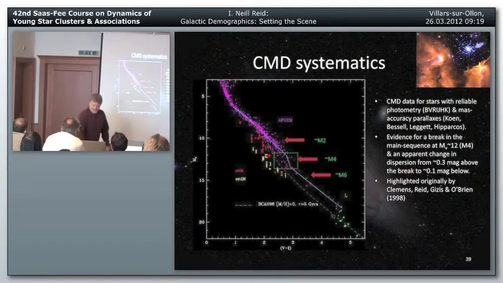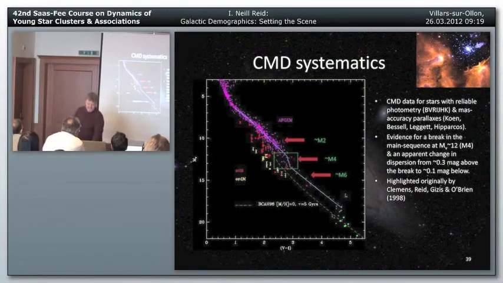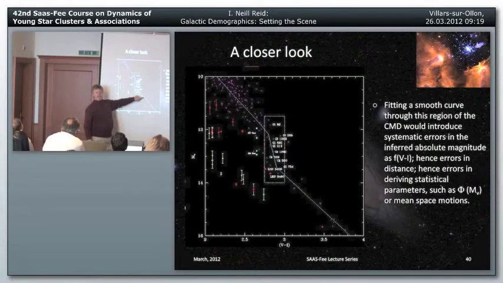This is completely banal, but if you were to fit, let me go back, if you were to fit a nice smooth relation to this distribution, what will happen is that it does not go through these, it does not fit this kink in the diagram here. If you take a smooth curve through here, and I'm saying this because I did it, and you try and use the photometric parallax technique, take the color, go to the absolute magnitude, and then estimate the density, you get